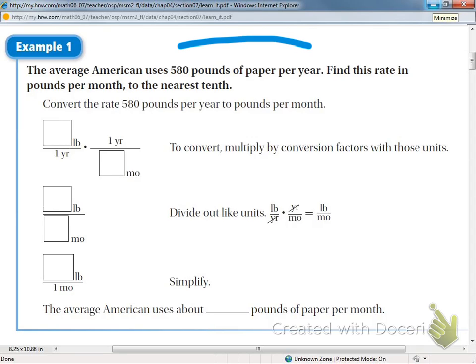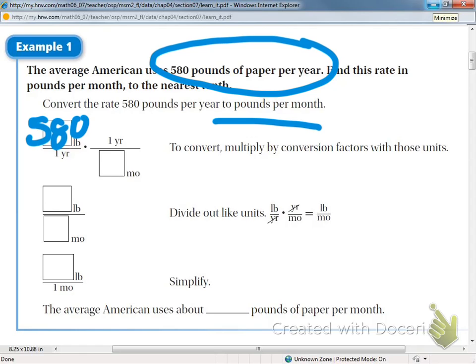Well, they said it right up here in our problem, 580, and we're going to convert it to pounds per month. So how many months are in a year? 12, that's correct. So now we're going to